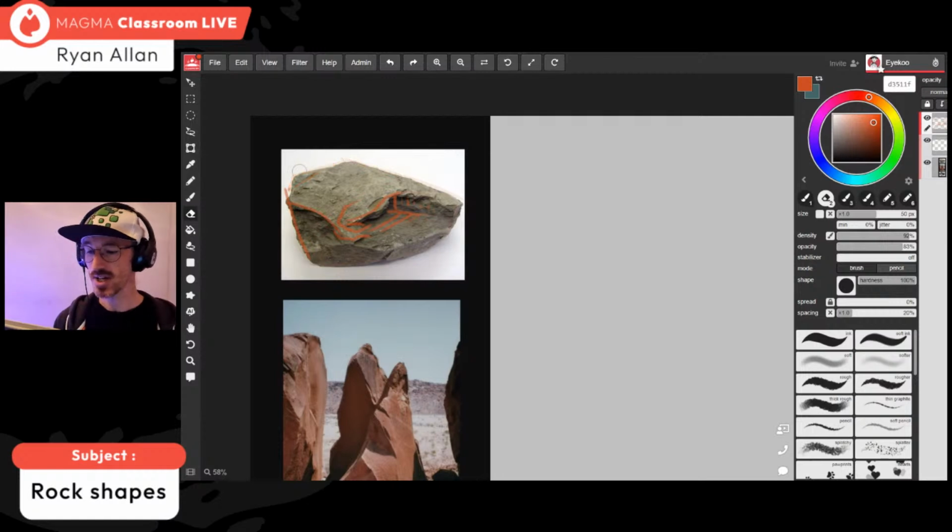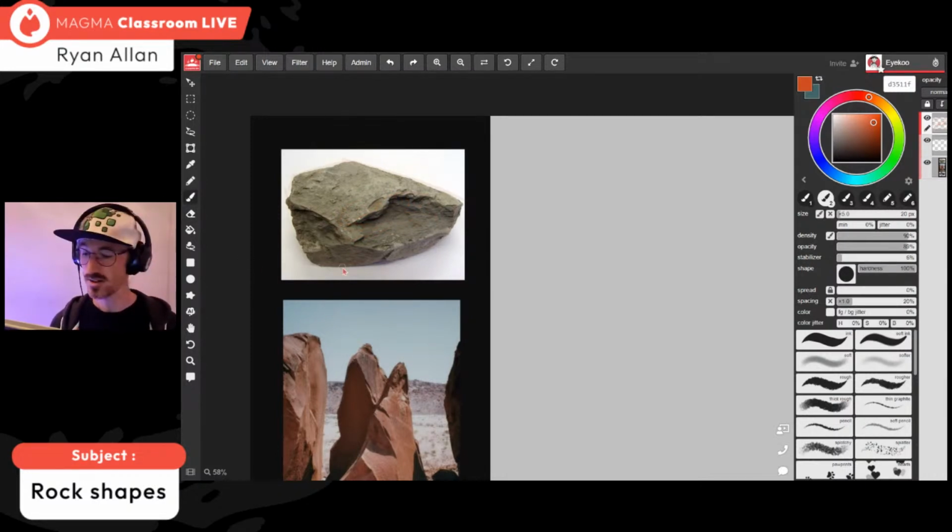This looks like quite a diffused light setting where they're trying to get as much of the rock information visible as they can. But there is some bounce light coming in onto this side here, a little bit less on this side, but it's not straight dark. Anyway,